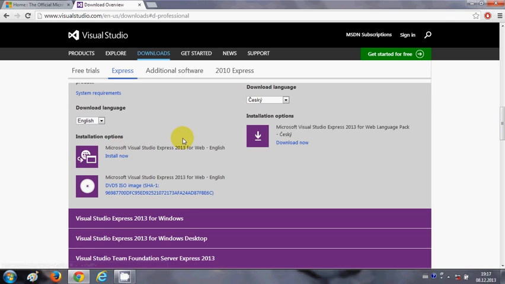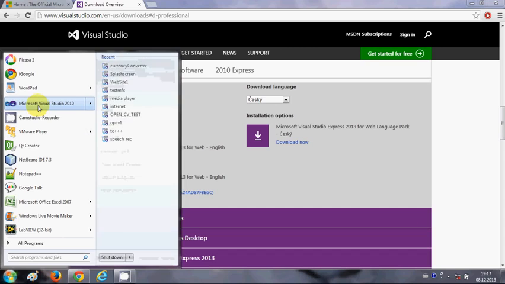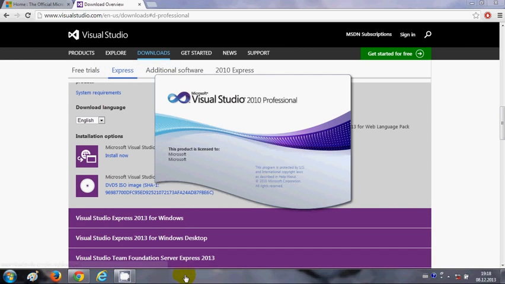It's very easy to install, just a few clicks and you will be able to install Visual Studio Express on your system. Once you have installed Visual Studio on your system, you can just go to your start button, click it and open Visual Studio. Okay, and once it's open,